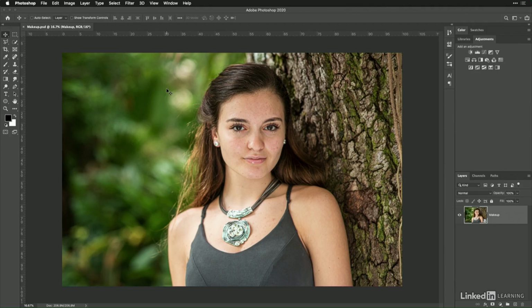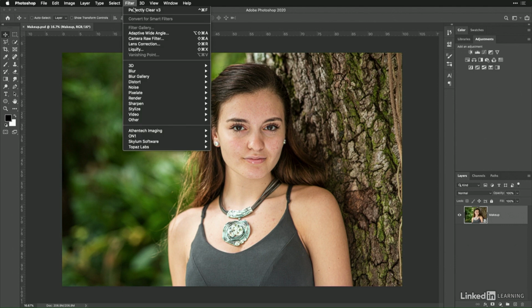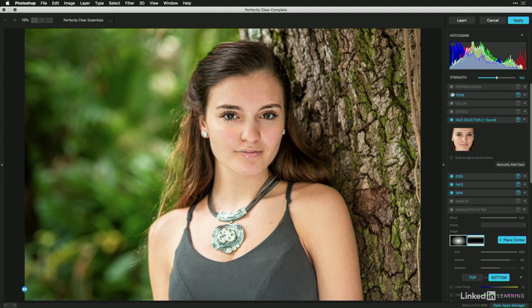Perfectly Clear includes some basic tools for digital makeup. These can be useful after you've applied skin enhancement or eye enhancement and you want to just bring out the cheeks a little bit for better framing or adjust the skin tone complexion. Let me show you. In this case, we have a Photoshop file open and it's already got a smart object. Let's apply Perfectly Clear. We have some of the same settings as we've used previously, a little bit of tone,